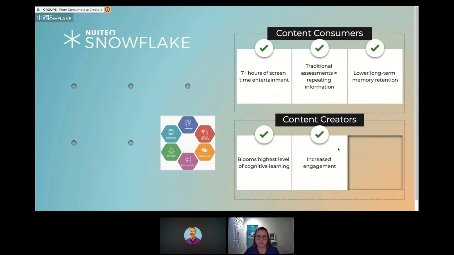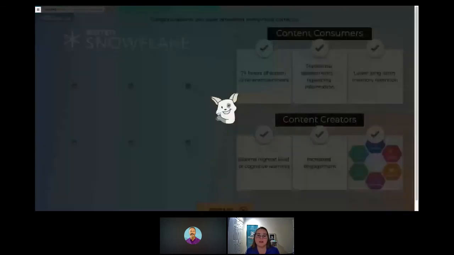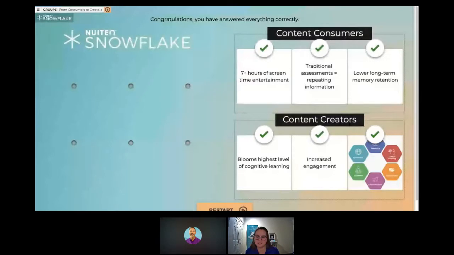So when you get that increased engagement, it makes it meaningful and it helps students remember what they are learning so that they have that lifelong connection to it. And then the last part is moving students into a content creator by making connections with those 6 C's of